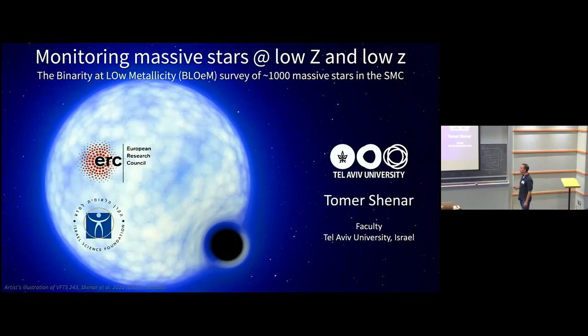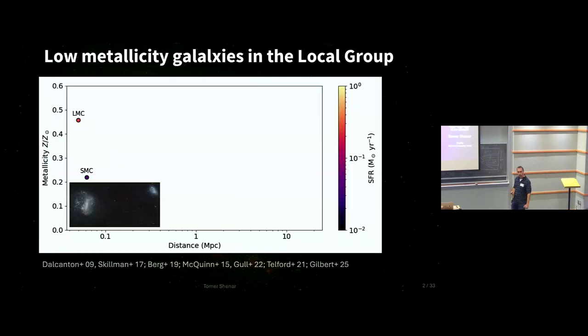I don't think I need to motivate too much why we care about massive stars at low metallicity. And we already heard talks, whether it's black hole mergers, special transients, the high redshift universe, little red dots and green peas and blueberries, and all of that stuff that we are observing. It would be great if we could study massive stars in a high redshift universe. This is a bit tough. We cannot really resolve the stellar populations there. But what we can do is try and find galaxies in a nearby universe which kind of mimic those conditions.